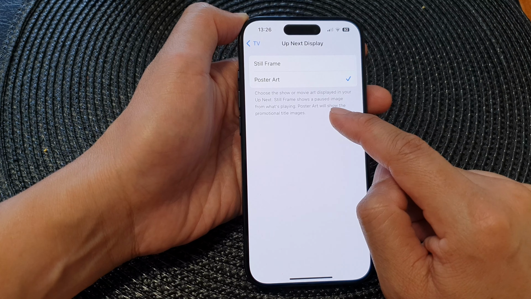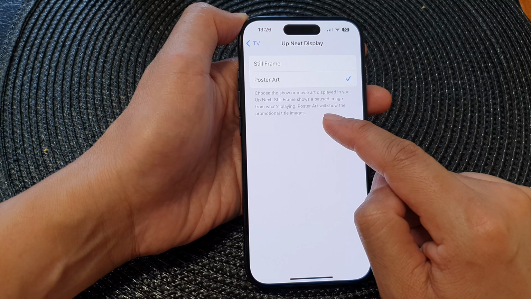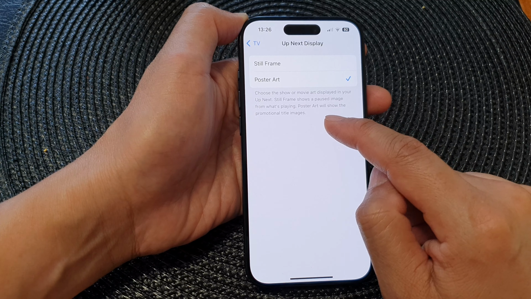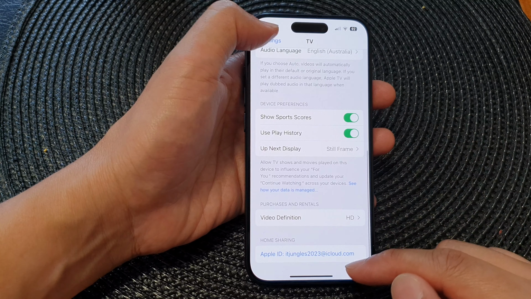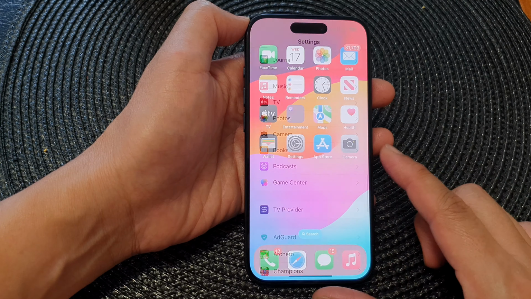Still frame shows a pose image from what's playing. Poster art will show the promotion title images. And that's it. After that, you can tap on the back key or swipe up to return back to the